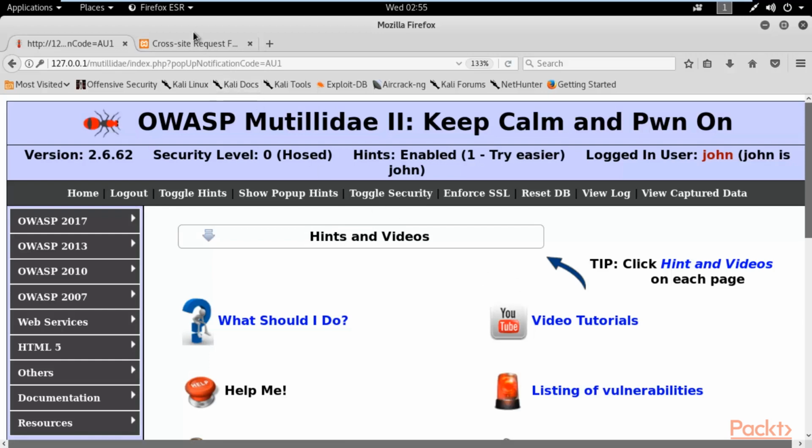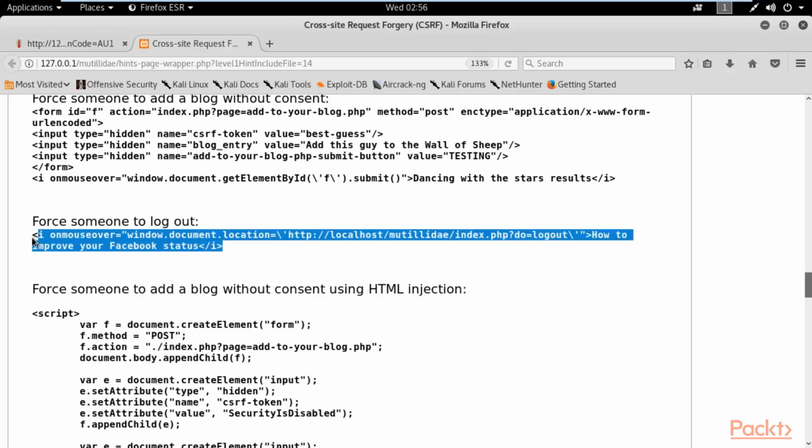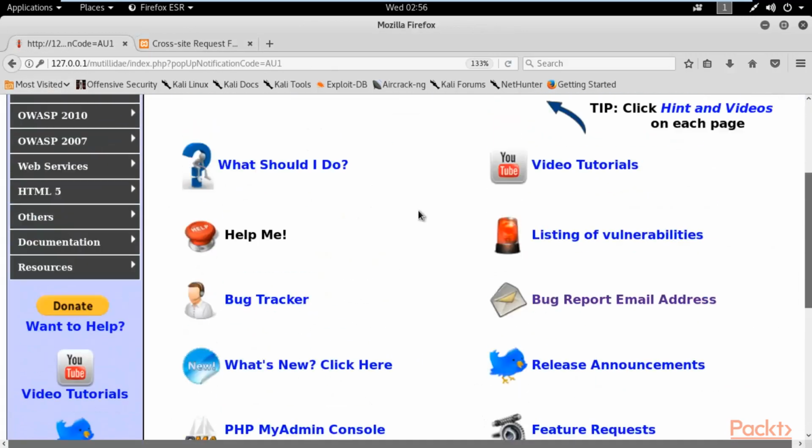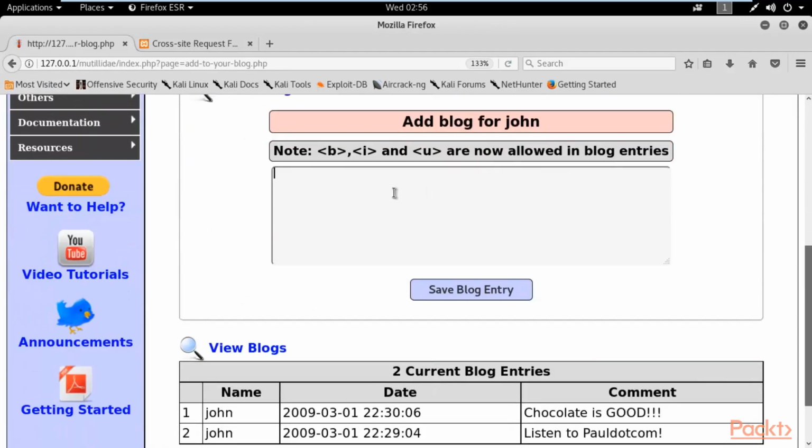Okay, so again, copy the code from here, which is basically a kind of function to perform logout directly without clicking on the logout button. We need to copy this code and paste it right there in the blog. So I need to open the CSRF again, select CSRF, click add to your blog, and paste here.